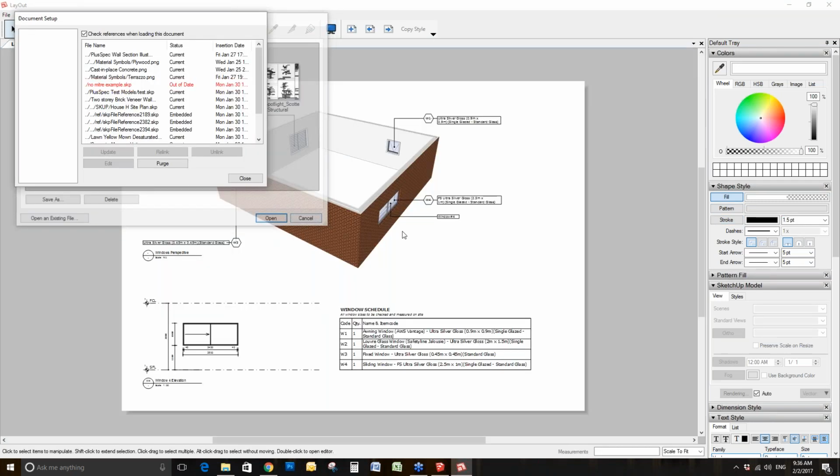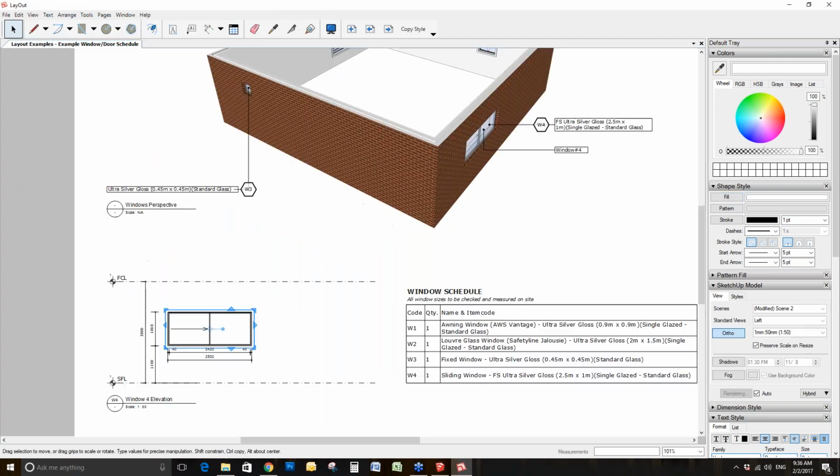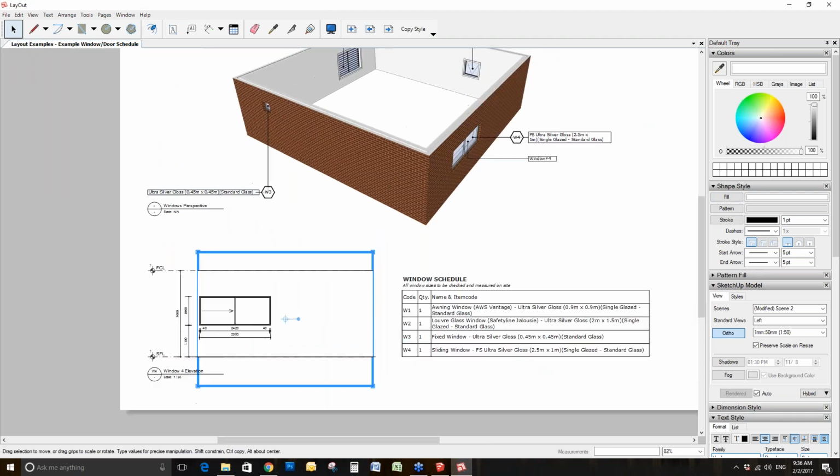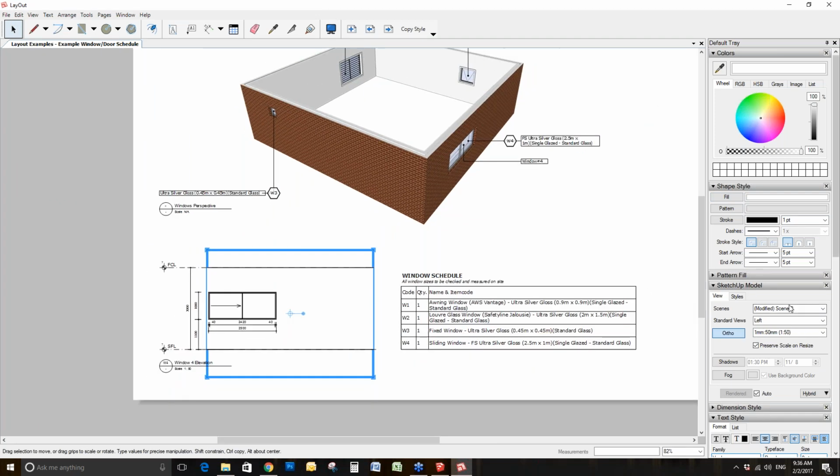All right, so you've just copied. If I actually change the style here, or if I bring it out, I'm going to show you that this is actually just showing the scene. So if I go into the scene, I've gone into left. I've gone into a standard view left. And if I go into the style, I've put it to hidden line. However, if I wanted to, I could go in and say that I want it to be a different style. So for example,